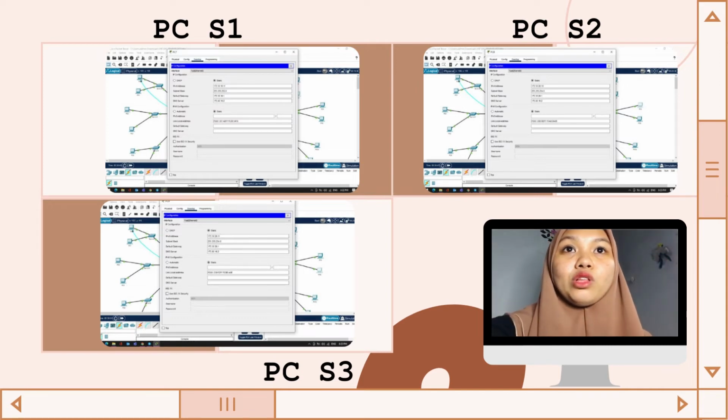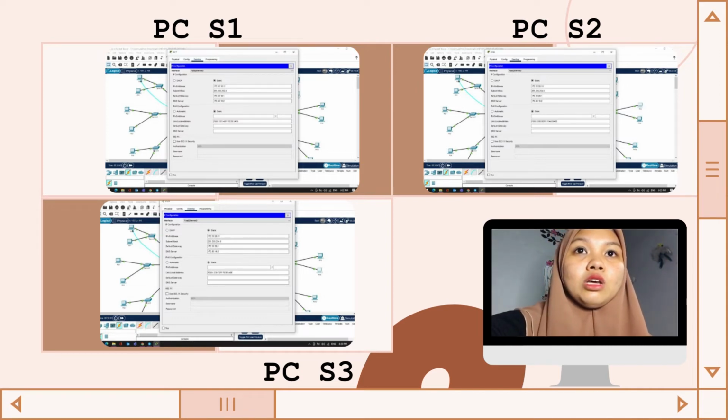And then next I will continue for the PC S2. The IP address is 172.30.20.10, and then the subnet mask is 255.255.254.0. For the default gateway, 172.30.20.1. For the DNS server for PC S2,